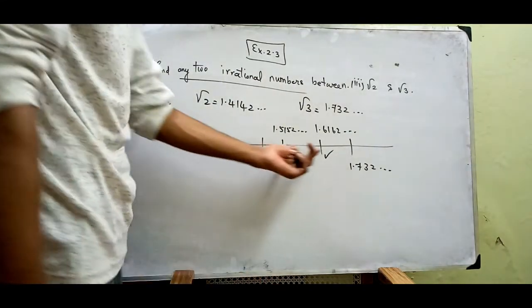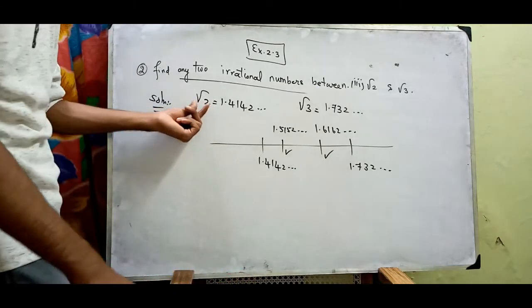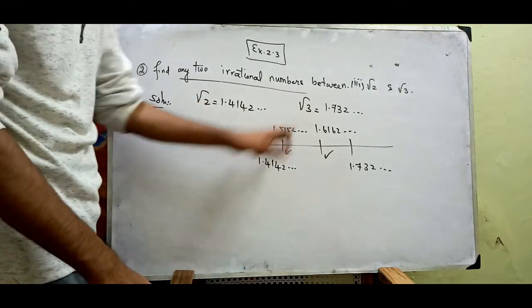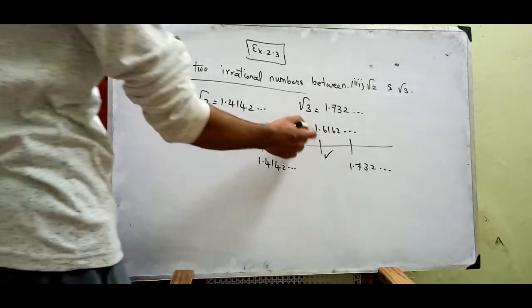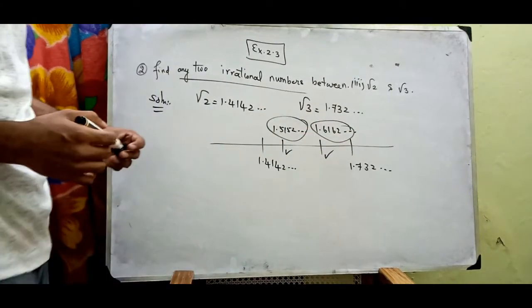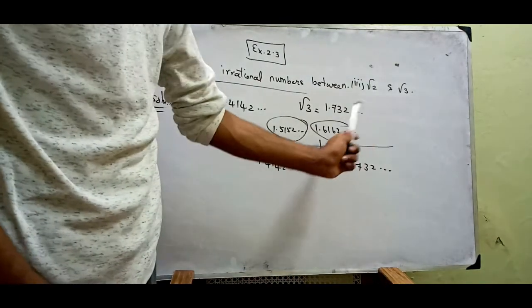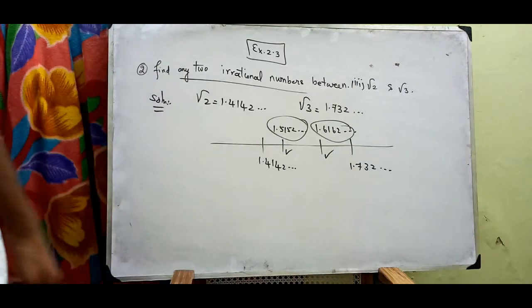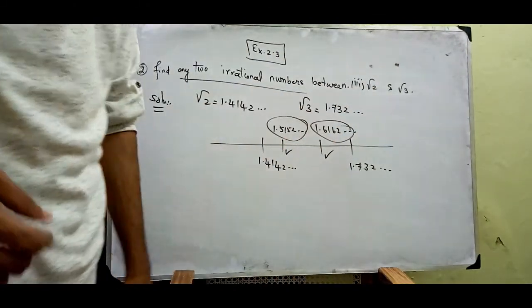By finding these two numbers is very easy, but what you have to do is you have to find root 2 in terms of long division method and root 3 in terms of long division method, and then go for this. Okay, so this is quite easy for you to find. Say 1.4142 and so on, 1.5152 and so on, 1.6162 and so on. Okay, so these are the two answers which lie between root 2 and root 3.